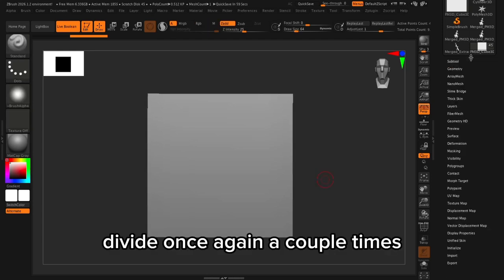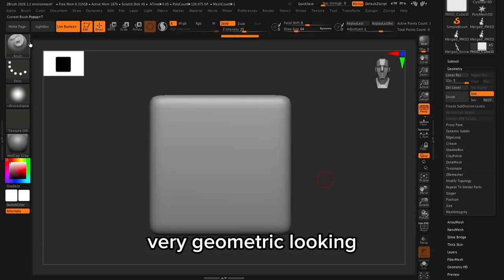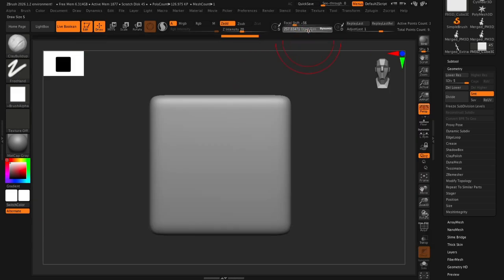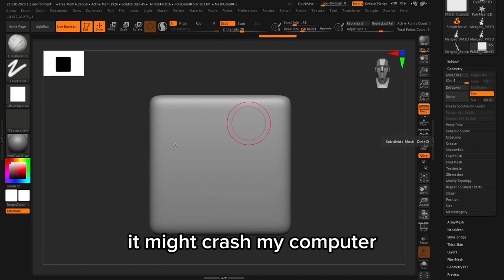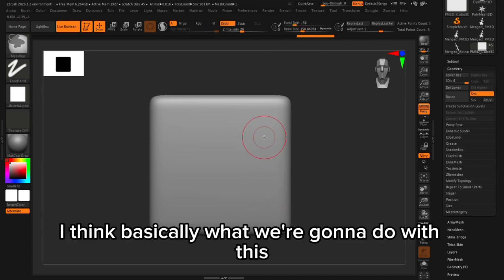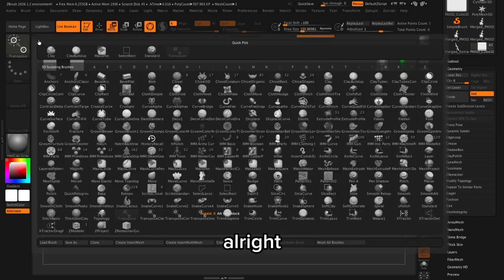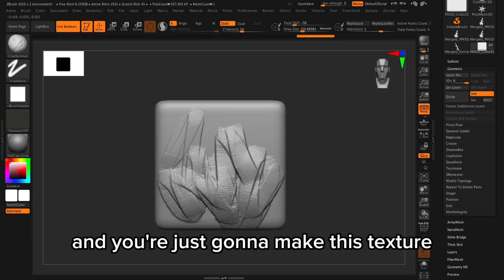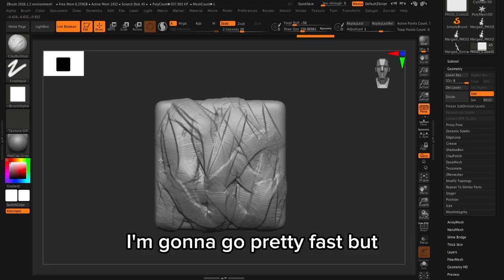Divide once again a couple times so your brush doesn't come out looking very geometric. We're going to go in with clay buildup this time. I'm going to divide it one more time. I might crash my computer, but don't worry about it, it's fine. That's a good drawing size, I think. I'm going to reduce the size just a tad. You're going to go in with clay buildup, and you're just going to make this texture on every surface of the cube. I'm going to go pretty fast, but